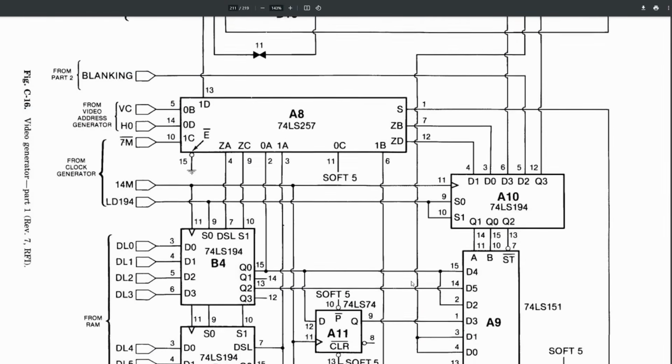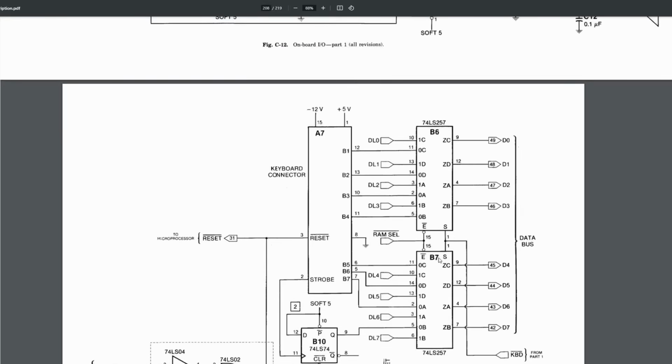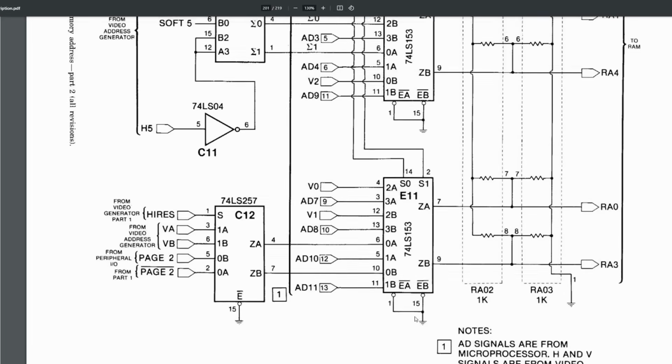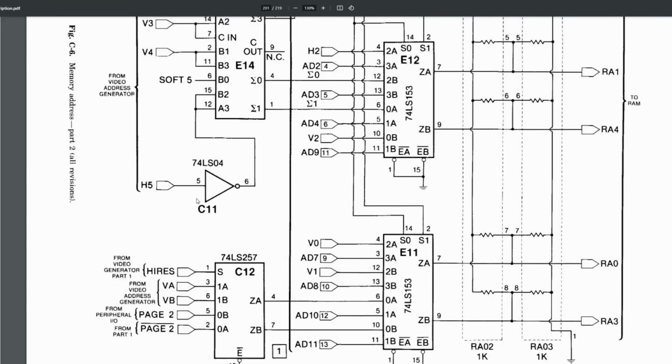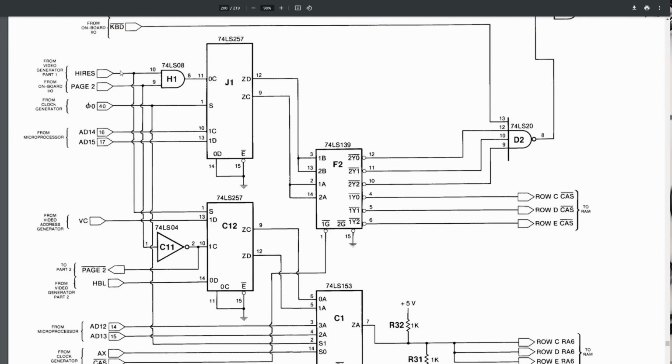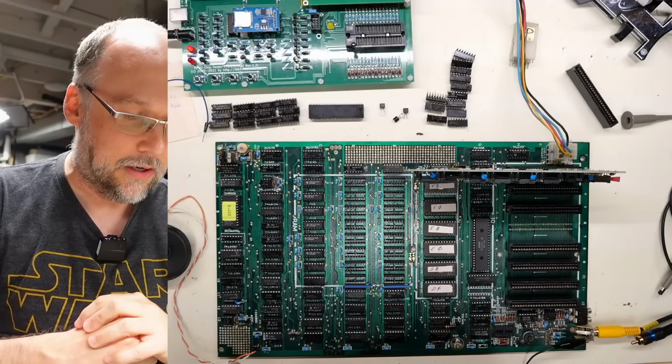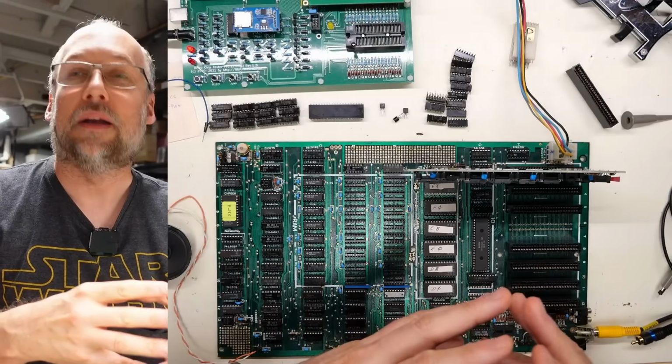So much so that after reading through the Apple circuit description about how the whole memory subsystem works, I was kind of stumped, to be honest. There are so many TTL chips involved and gates that kind of feed back into each other and shift registers, and I think I need a little bit of help. And by help, and the computer's just randomly ticking here, by help I mean a little bit of a diagnostic